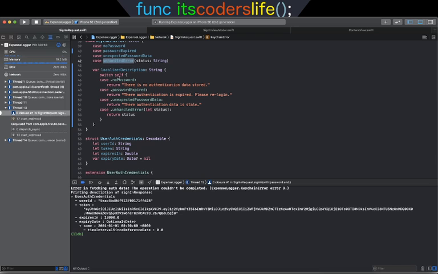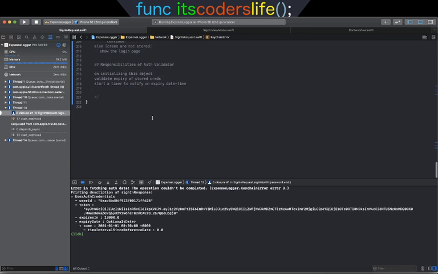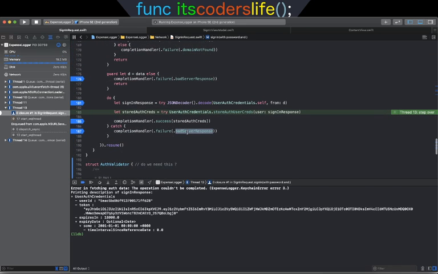So if I go here and say localized description, then it would give me that particular state. So what I will do is